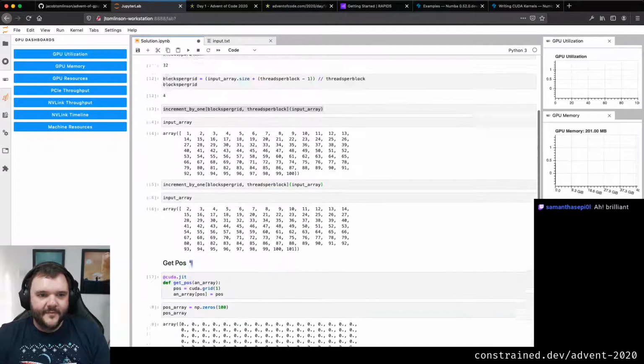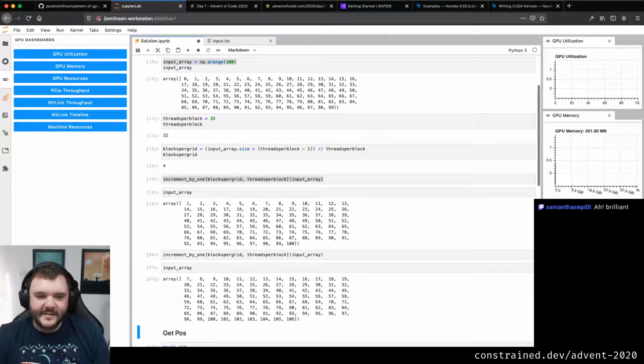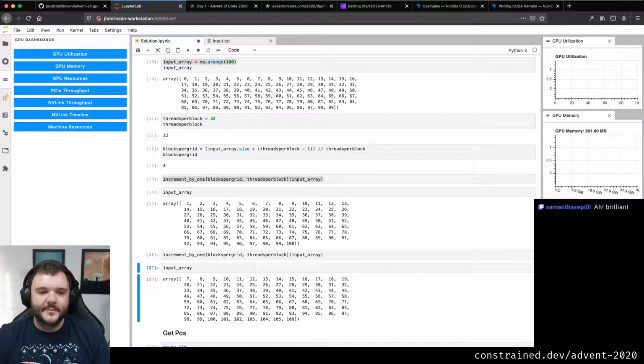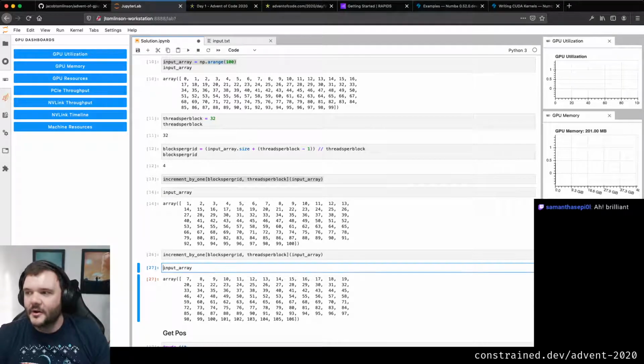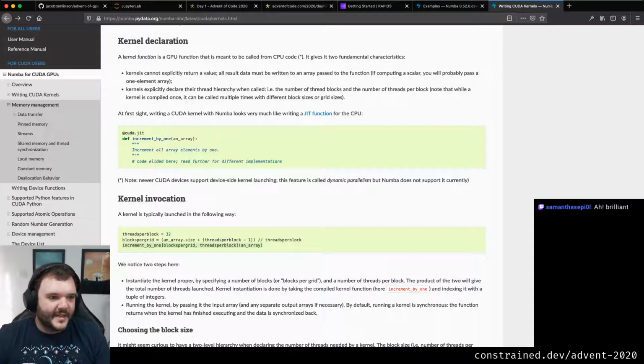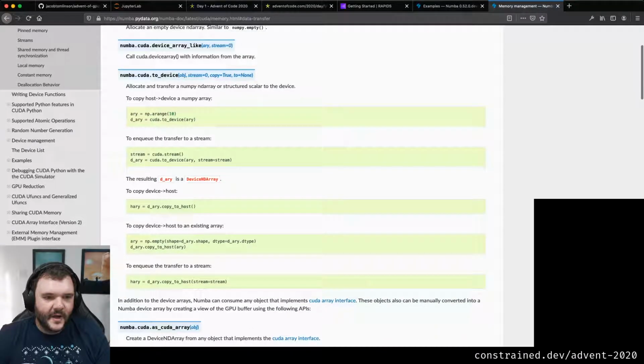If I do my increment by 1, and keep running this function over and over and check it, we've incremented 7 times now, but that copied that array back and forth between my CPU and GPU every single time, and that's not good. So what you can also do is be explicit with that. I clicked down here into memory management and data transfer, but more specifically you can use CUDA.to_device and CUDA copy to host, right, to go back again.